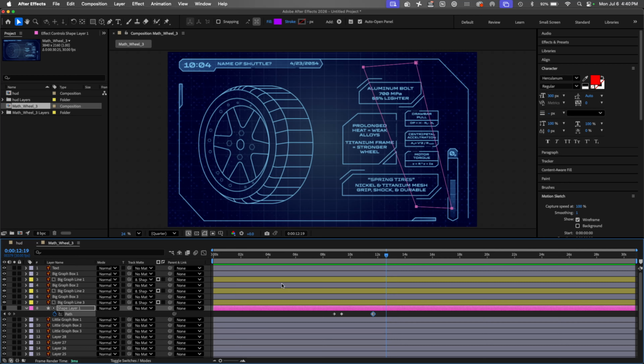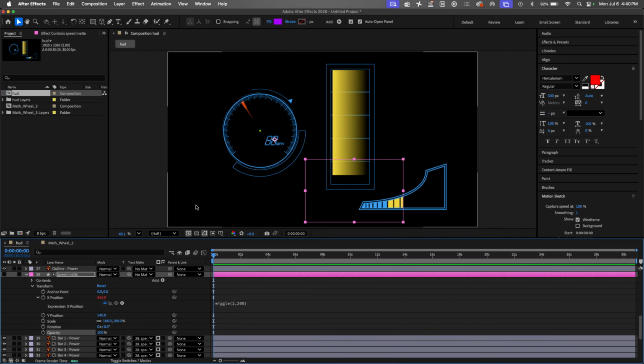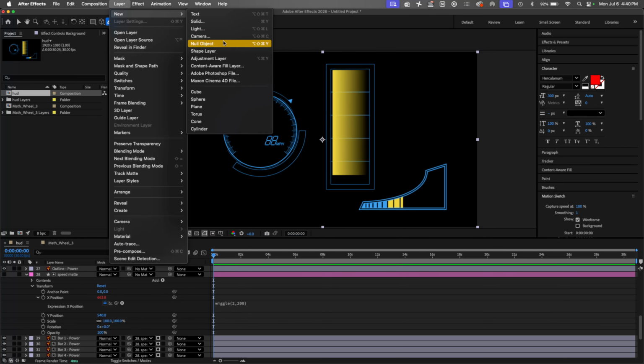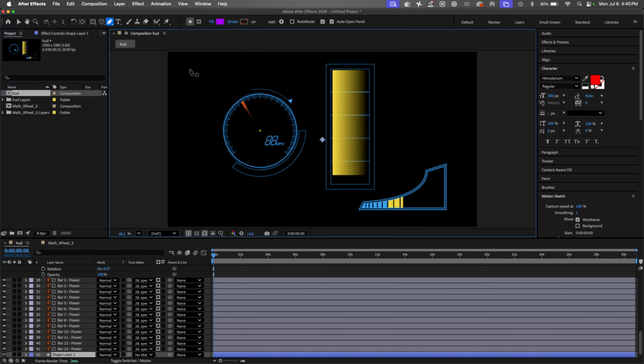Now I'm going to show you, and we did a wiggle expression question. Everybody understands wiggle expressions? Okay, track mats. So now I'm going to do a trim path. Okay, let's go back to our HUD here. I'm just going to do a really simple thing. So I'm going to click here, and let's make a new shape layer. Okay, and I'm just going to draw a path here,